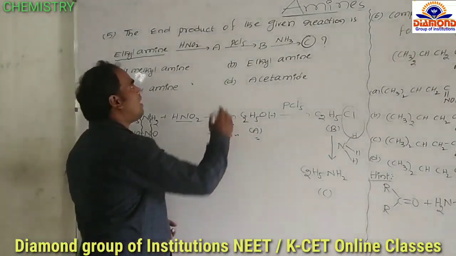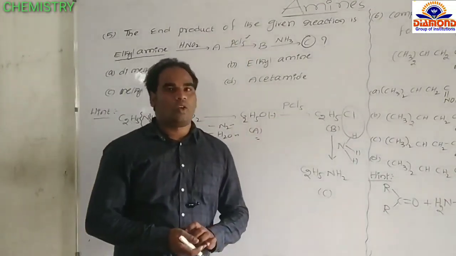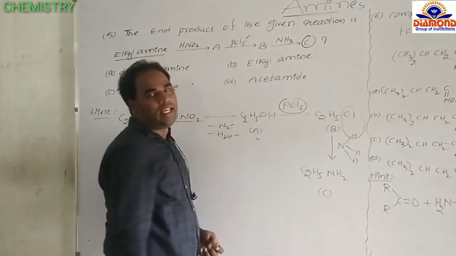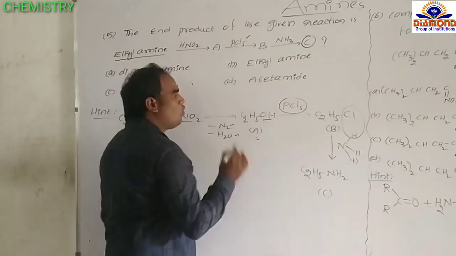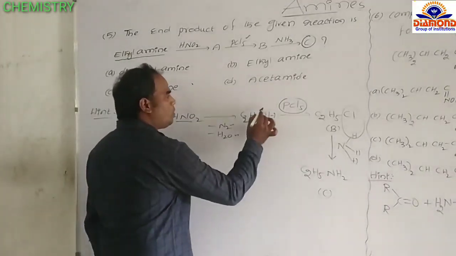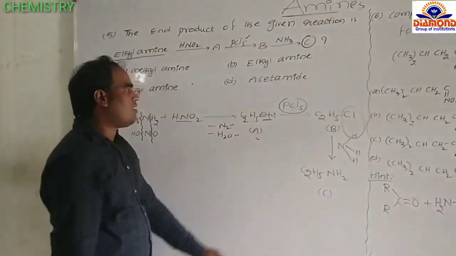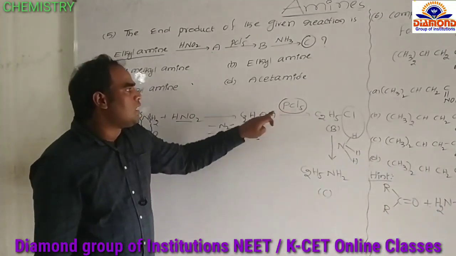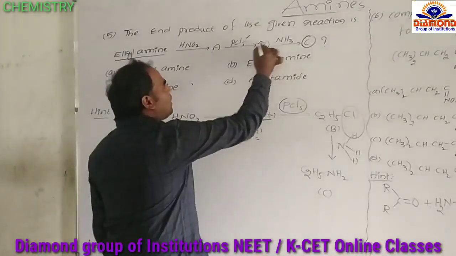So ethyl alcohol A reacts with PCl5, phosphorus pentachloride. We already know phosphorus pentachloride, PCl5, PCl3 and thionyl chloride act as chlorinating agents. Therefore, in the presence of PCl5, the OH group is substituted with chloride, so instead of the OH group, a Cl group is present. Because when alcohols react with PCl5, the Cl group is substituted in place of OH. That is B, ethyl chloride.